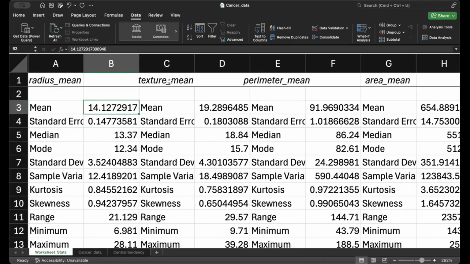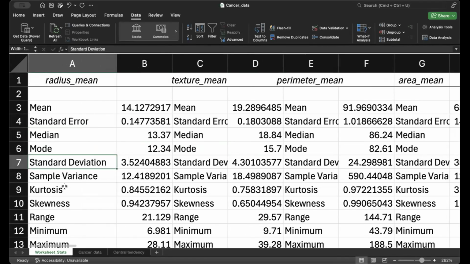For the texture mean, its mean value is that. We also have a standard error. We will discuss what standard error is when we look at the different types of sampling errors and statistical errors we can generate. The medians have also been generated for each of these variables, the mode, the standard deviation,